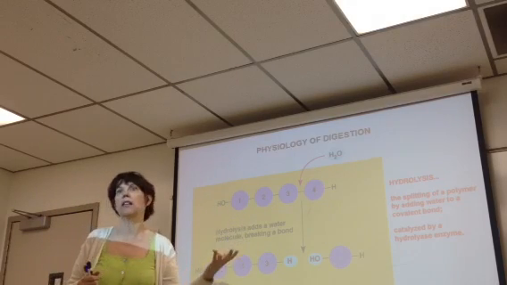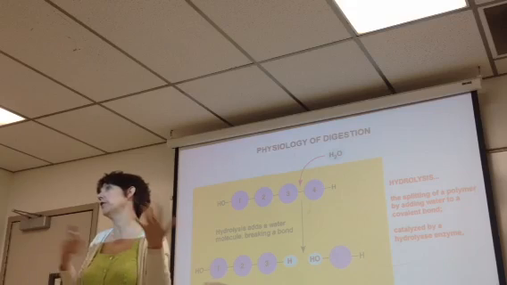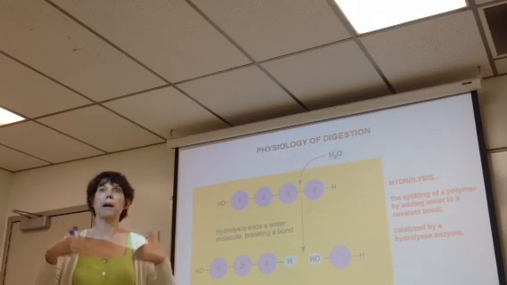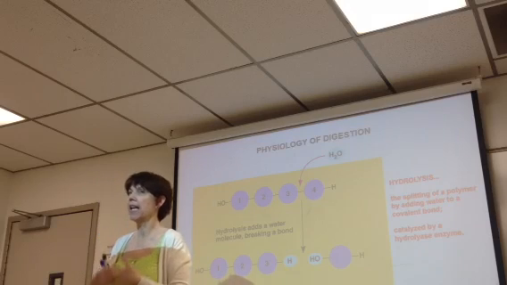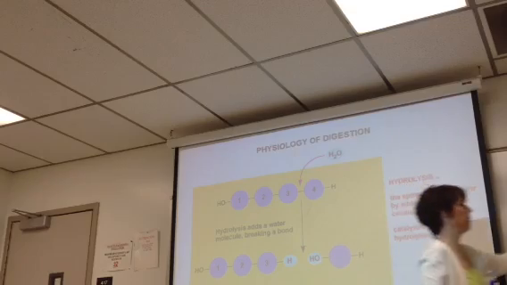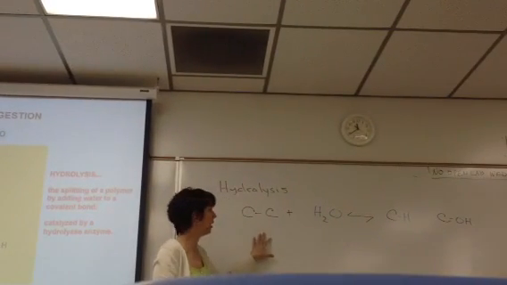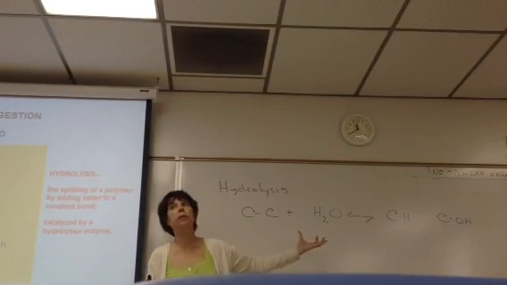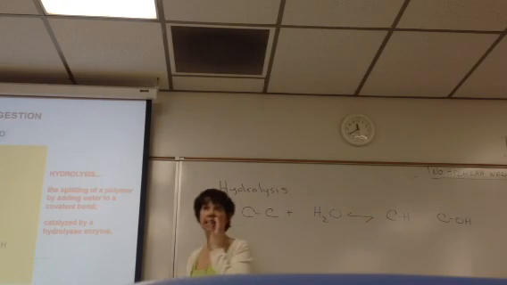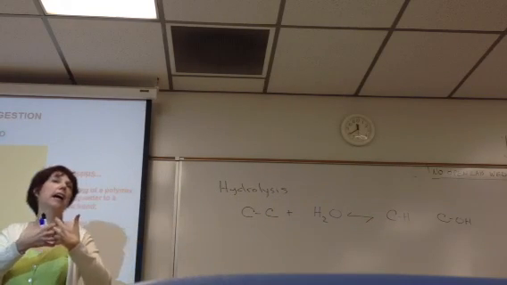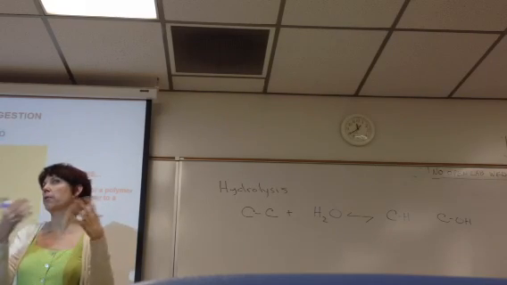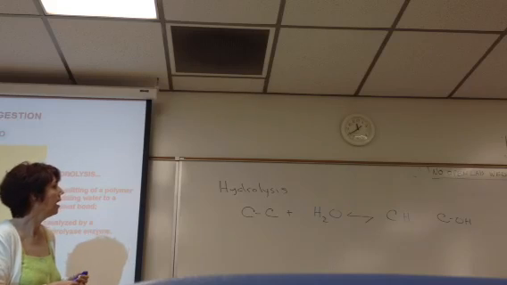But it still would take a long time if we waited for it to occur with just the water and the food substrate. So our body produces enzymes. And as you know, enzymes work on the substrate. The substrate would be the carbon-carbon bond in our water, and the enzyme increases the rate of the reaction, but it doesn't become a part of the product. Okay? It just brings the components of the reaction closer and strains the bonds so that they're more likely to interact with the other molecules.